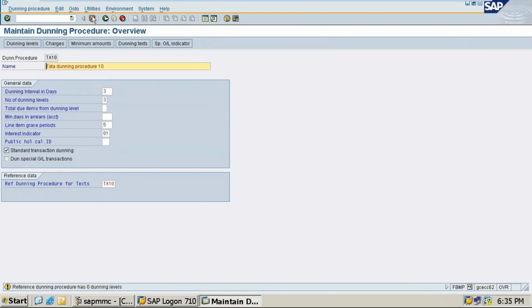Still, reference dunning procedure has no 0 dunning levels. Okay, now click on this dunning levels. Minimum amount, dunning text. Okay, special GL indicator.